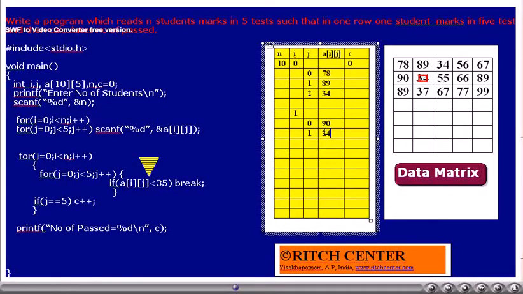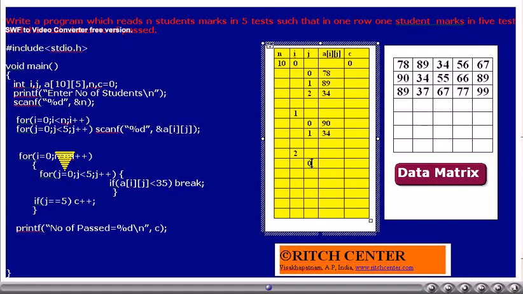Is A[i][j], that is 34, less than 35? Yes. Thus we will come out from the inner for loop. Is j equal to 5? No. Which means the candidate is failed. Thus c value will not be incremented by 1. i value will be incremented by 1. Is i less than n? Yes.